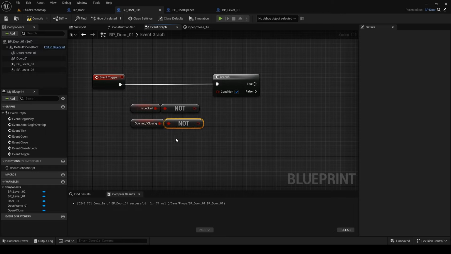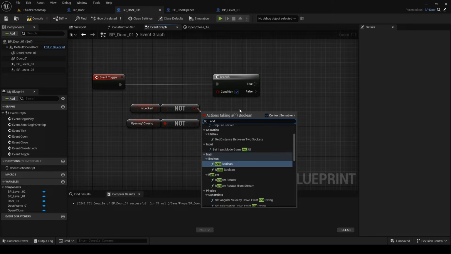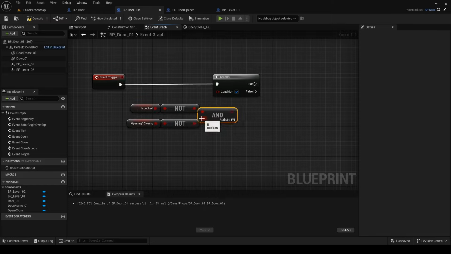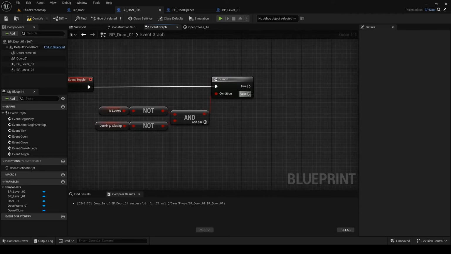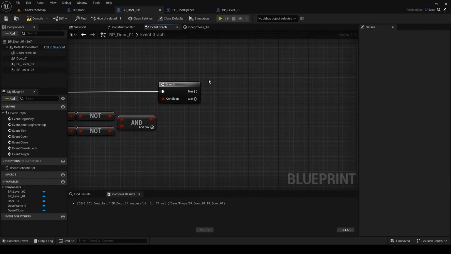We want to change state only when both statements are true, so connect them into AND boolean and connect it into condition node of branch. When the branch is false, we want to do nothing, so leave it blank.